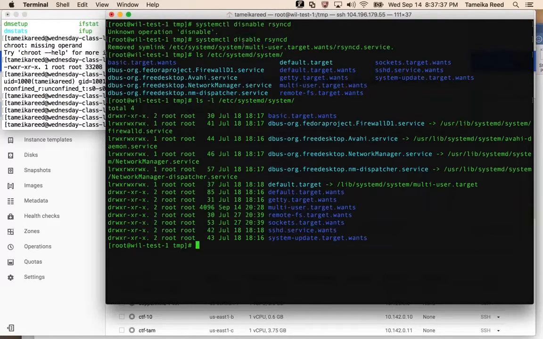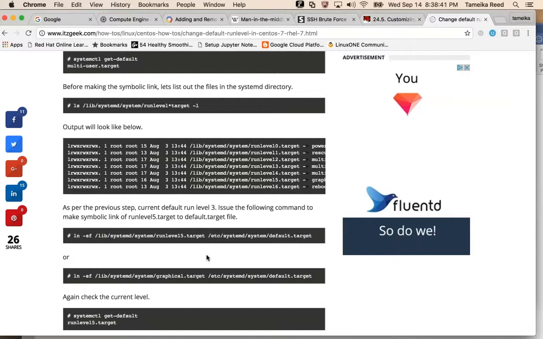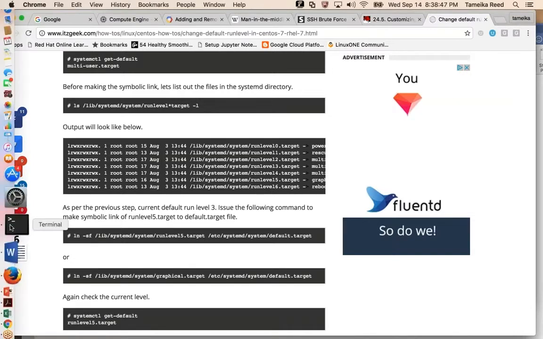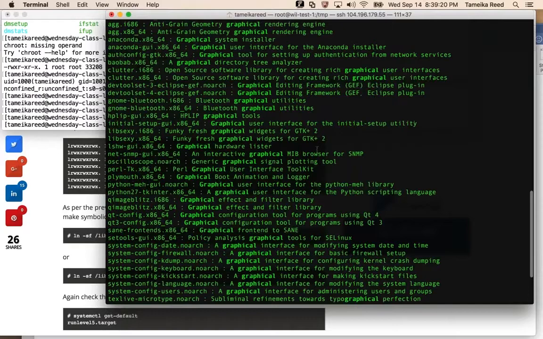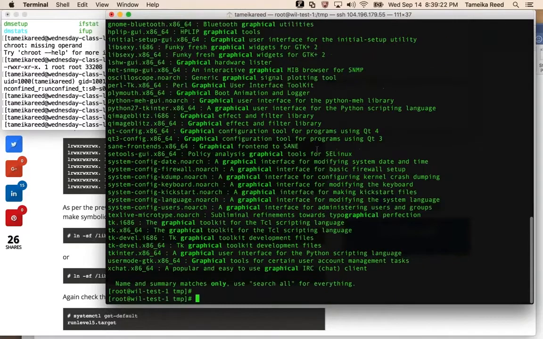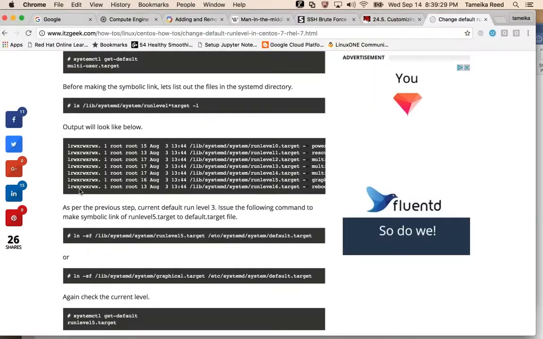We don't have an interface. Hold on, let me see what the other one is actually called. So it's actually two of them because there are different run levels. Yeah, runlevel5.target. That's graphical. Another one is new. And as you notice, you don't even have the option for graphical on here. I wonder what package it is. I have to do some searching to see what package that comes out of. Maybe just an X11 install. But